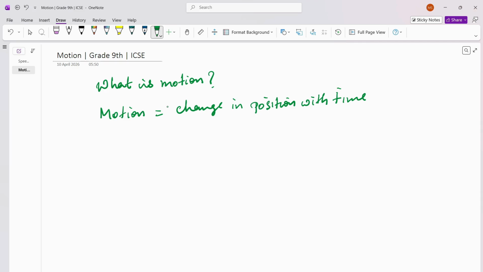Okay, now coming to types of motion. Now we know what motion is. Now we come to something called the types of motion, right? So let's look at the main types of motion that you need to know from an exam point of view. So we have translatory motion,